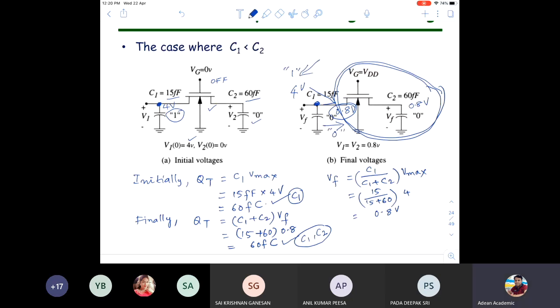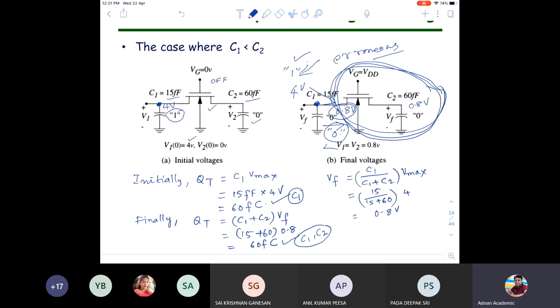Actually, you are expected to get the output as logic 1. Because of this loading effect, it has now become logic 0. I am expecting the output to be 1, but I got the output to be 0 because of this extra network. So the logic 1 has changed to logic 0. It will give an erroneous result. It is not expected. I require the output voltage here to be logic 1, but I am getting logic 0. If I take this logic 0 and apply it somewhere, I will not get the exact outputs; erroneous outputs will result.